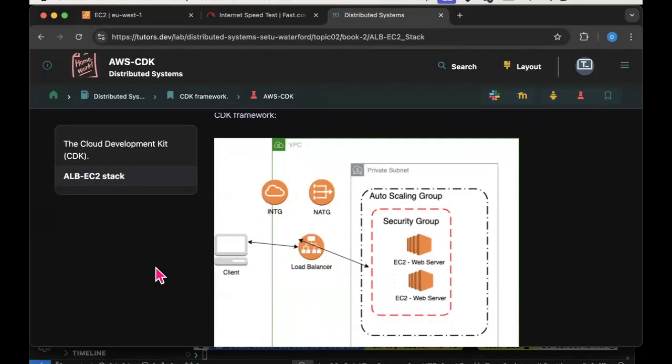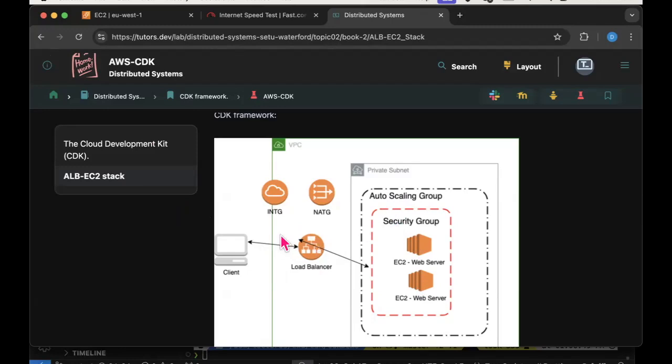Now, again, this kind of assumes that you have done this stuff already, and I'm not too concerned if you're not familiar with this sort of layout here. I've got what's called an application load balancer, which is a piece of infrastructure. I want to have two EC2 instances created. I want those instances to have their own specific security group, and I want them to be managed by what's called an auto scaling group. These are all AWS infrastructure resource concepts.